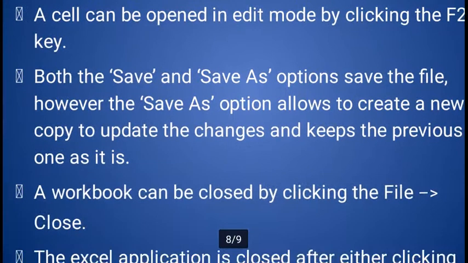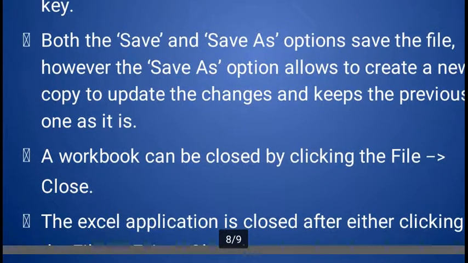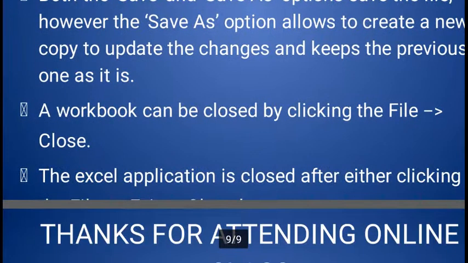So this is the difference between Save and Save As. A workbook can be closed by clicking File and Close. And if you want to close the Excel program completely, the Excel application is closed either by clicking the close button, or we can use Exit in the File menu.